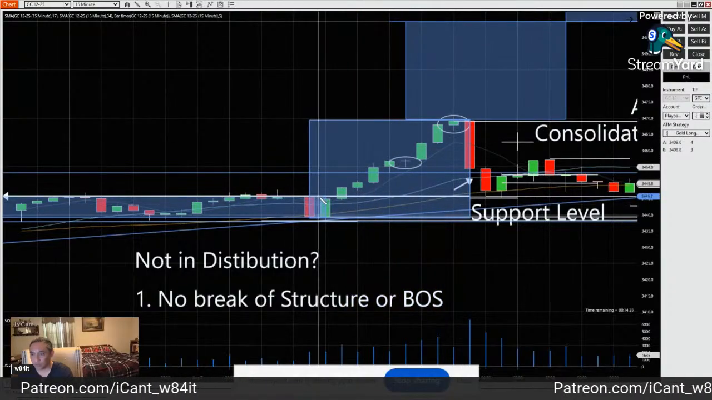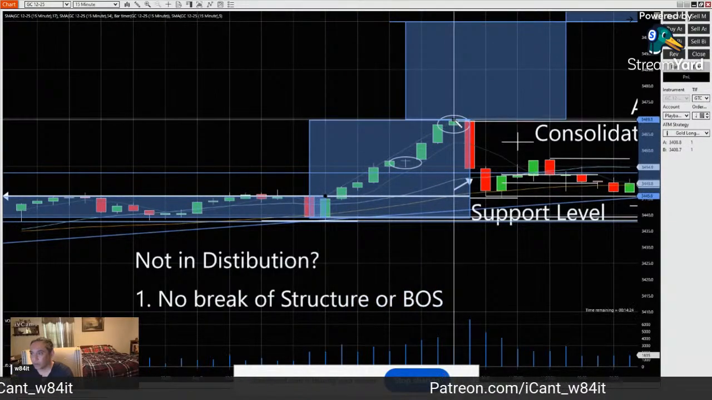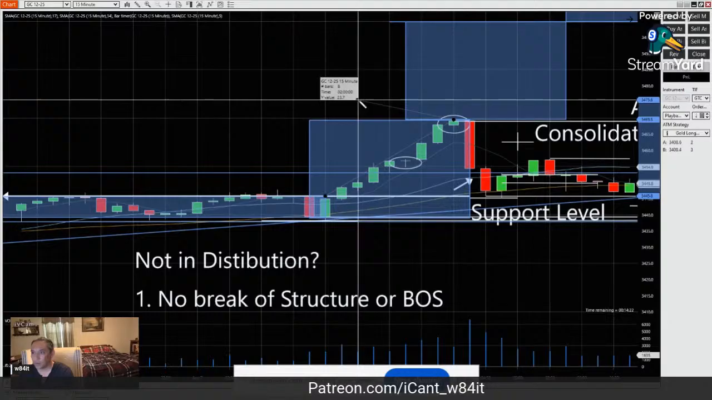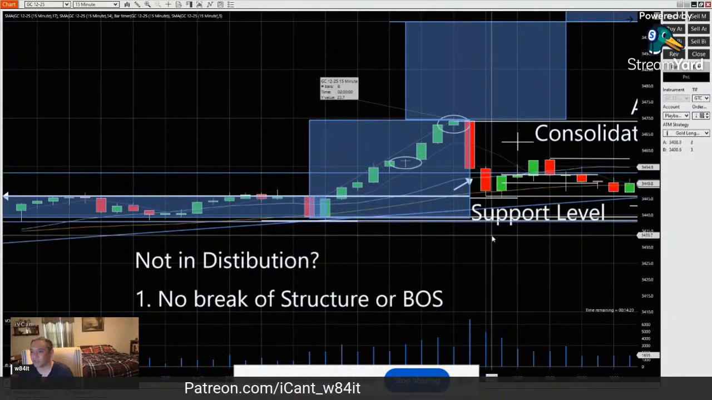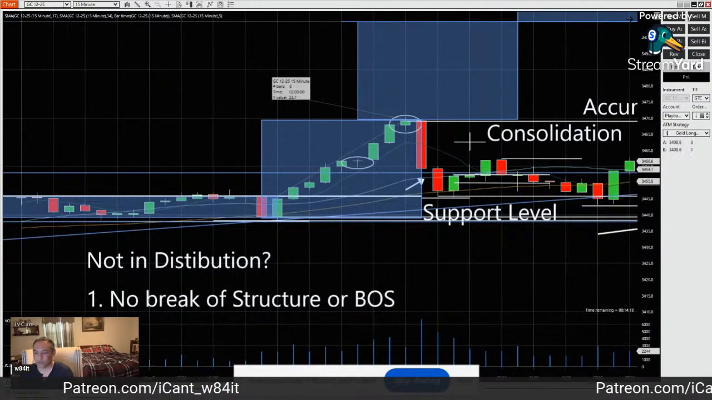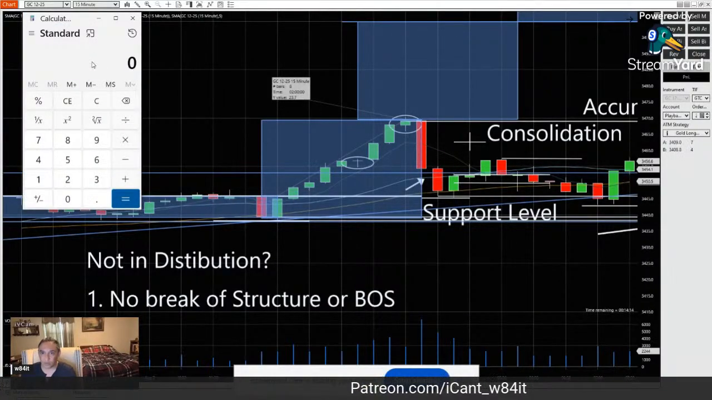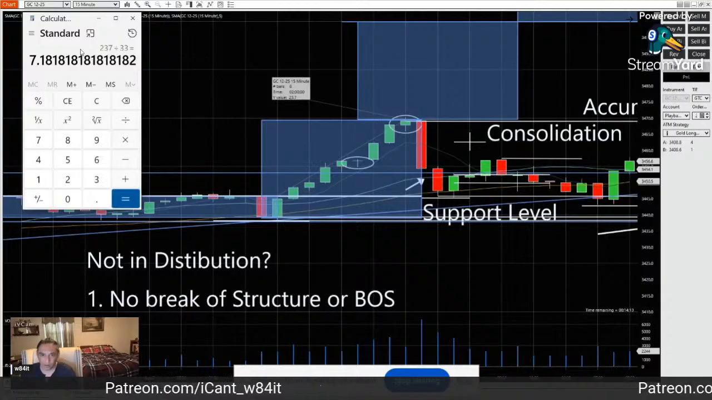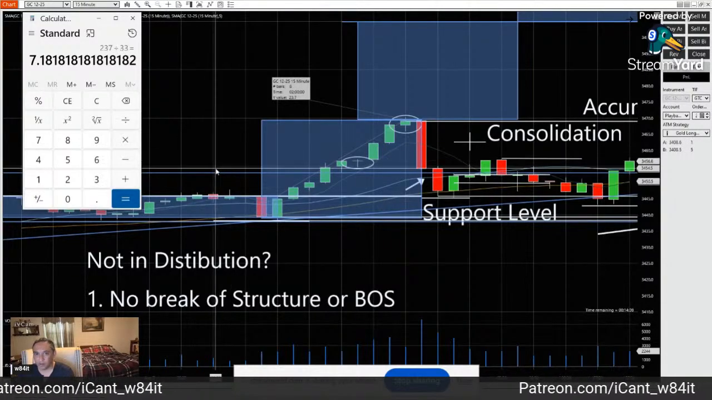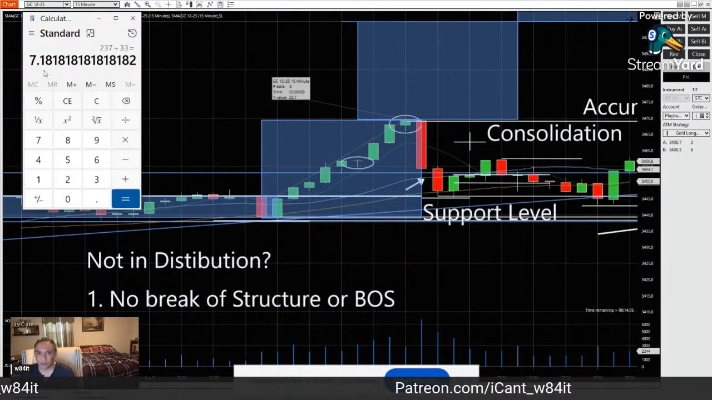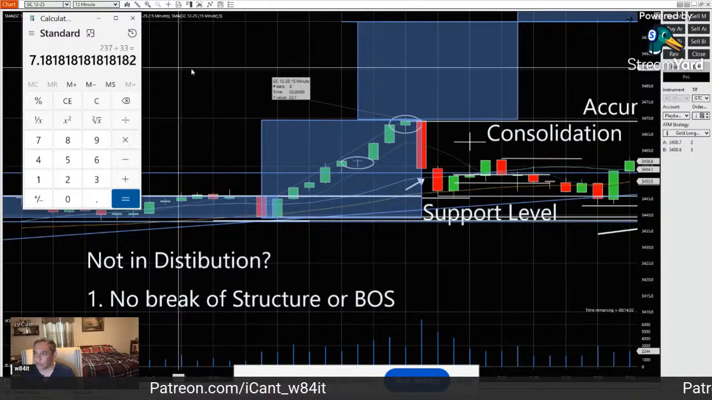Oops, I keep hitting the wrong button. Sorry. To 237 ticks, right? So am I willing to risk 33 for 237? Yeah, absolutely. So if I do 237 divided by 33, that's a 7.18 R. Risk to reward, right? So I'm getting a 7R trade basically off of that,